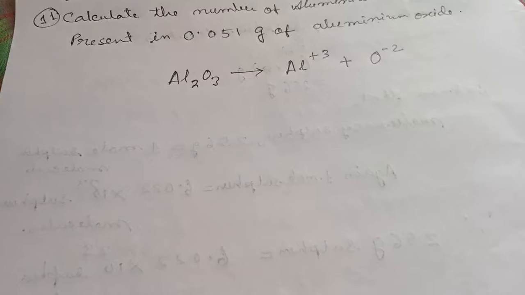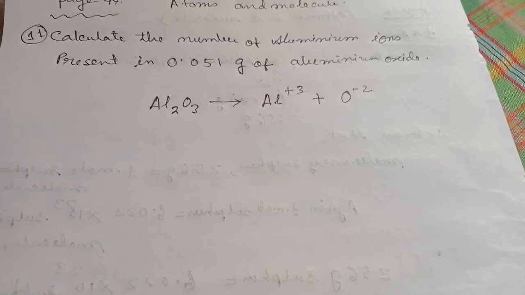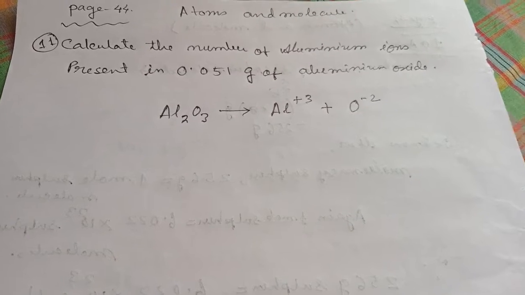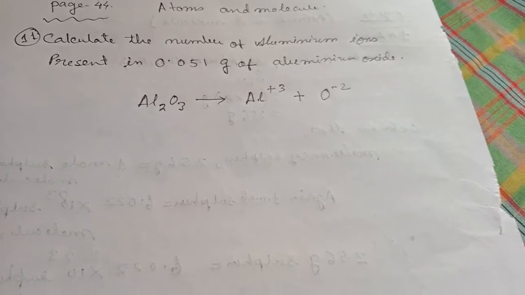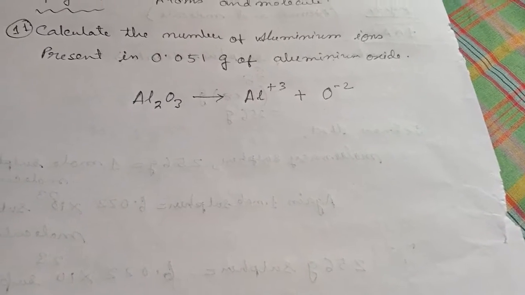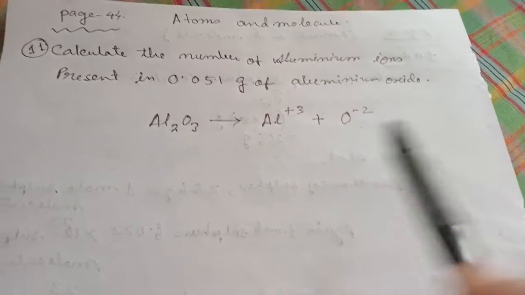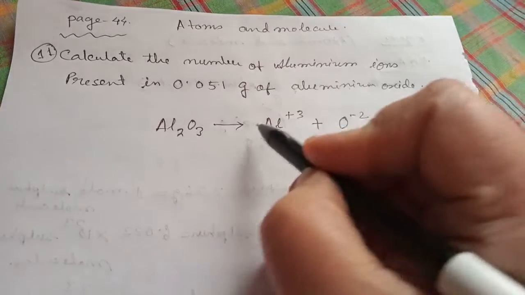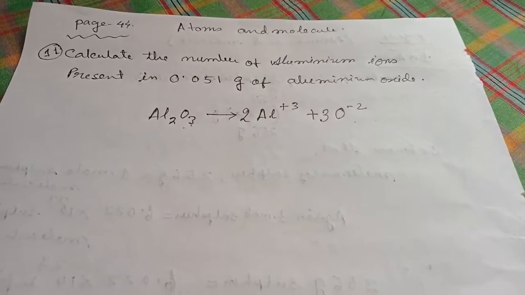These are the ions which combine to form the aluminium oxide molecule, which we have also learned by the crossover system. The valency of aluminium is 3 and the valency of oxygen is 2. When you cross over, you get the molecule aluminium oxide. Now, to do this problem, we find the ions present in aluminium oxide: aluminium plus 3 and oxide minus 2. For balancing the number of atoms, we write 2 before aluminium and 3 before the oxide ion. So this is the ionic equation for the aluminium oxide molecule.